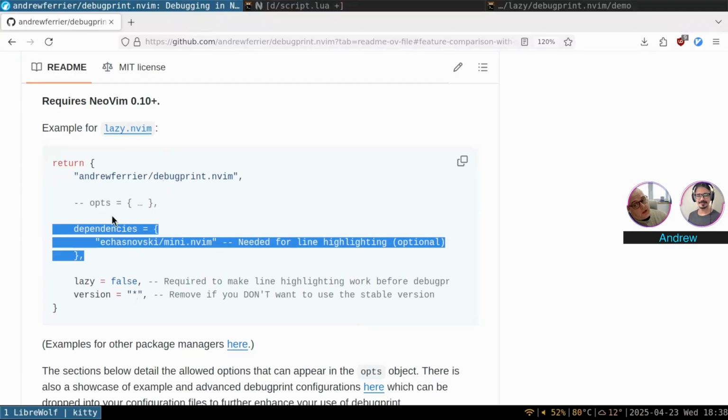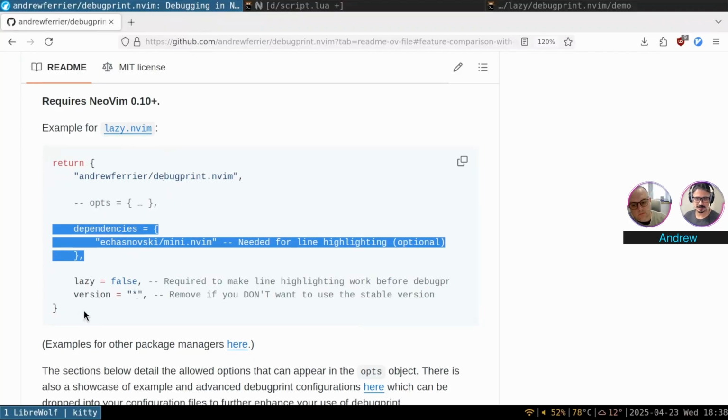As an aside, if there are other line highlighting plugins that folks watching this video are using and they're interested in getting Debugprint to work with that, I'd certainly be interested in hearing from people. So feel free to open up an issue on Debugprint if you wanted to work with other similar plugins. But I started with mini.nvim just because it's probably the most popular one, at least the most popular one I'm aware of. Okay, wonderful. So it's installation, it's just this, just basically specify the plugin repo, plugin name, dependencies, version,